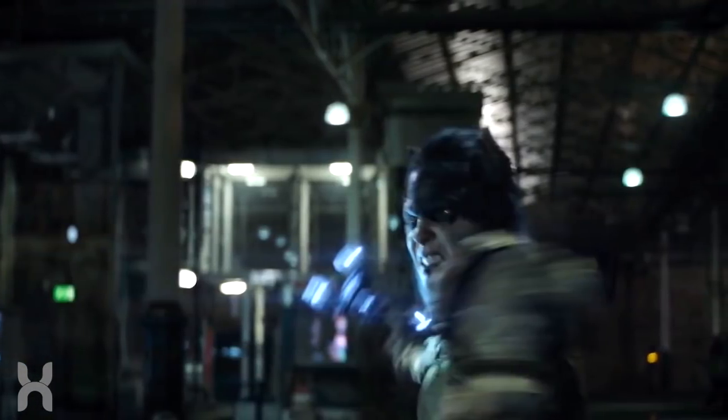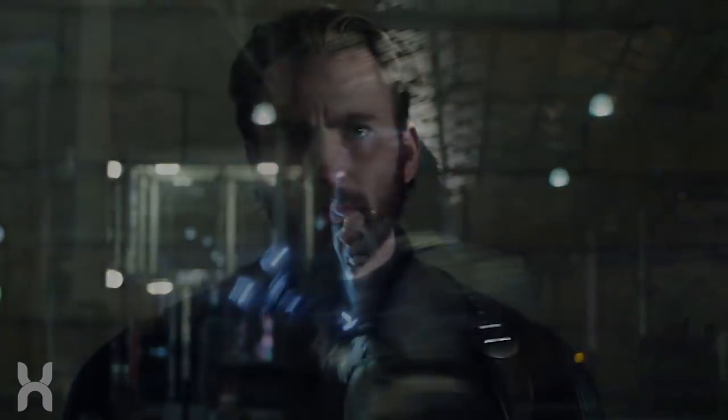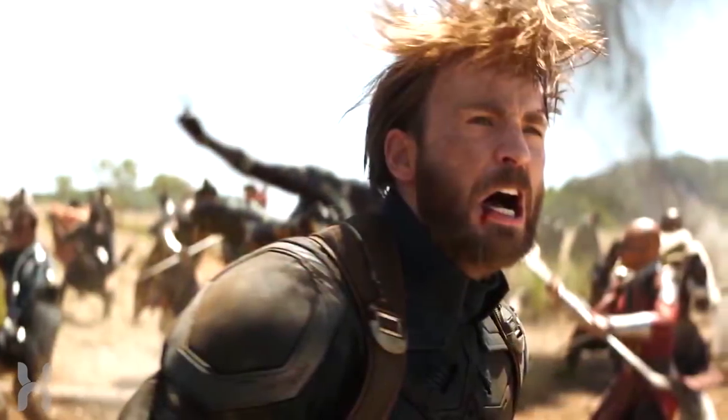And I hear you guys like Captain America, so let's talk about him. In the trailer, we see one of the Black Order, Proxima Midnight, throw her spear, only for it to be caught by none other than a bearded, black-clad Steve Rogers. In the wake of Civil War, and now a soldier without an army, Steve is expected to become Nomad, an alter ego he held at one point after getting disillusioned with the US government, abandoning the Captain America name and